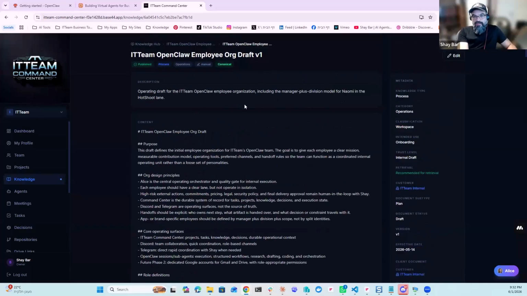So I have the OpenClaw employee org draft, meaning this document is the schema of my organization. It's not relevant if you're doing only one AI agent. But when you have several AI agents, you do need to maintain the schema of the organization